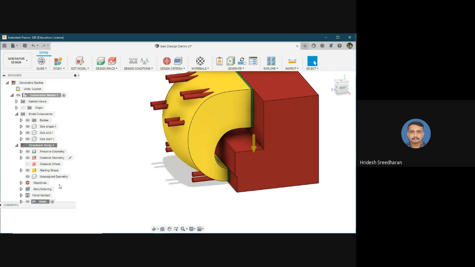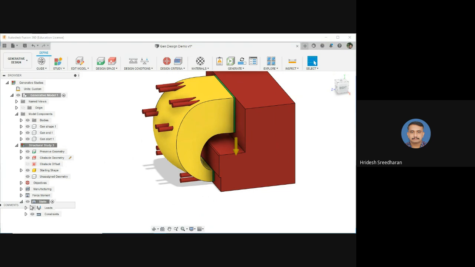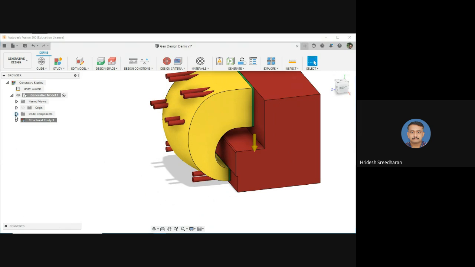Now we need to give the loadings. This cylinder will act with some load or moment on the starting shape. The piston is moving regularly up and down, so there will be a moment acting on the starting point of the generative shape. Also, due to gravity, due to the weight of the air cylinder piston, it will also give some moment. Such considerations we are giving here at the bottom part as static loads. Okay, so let me minimize other things.